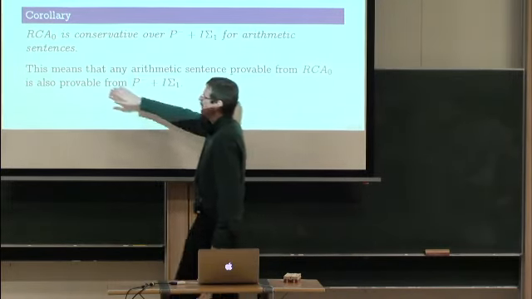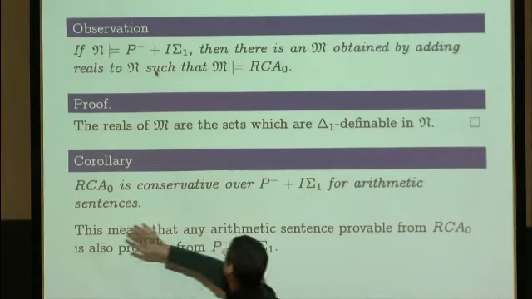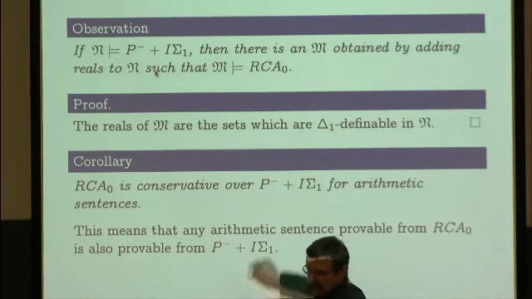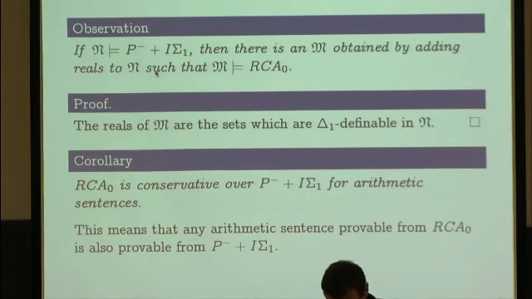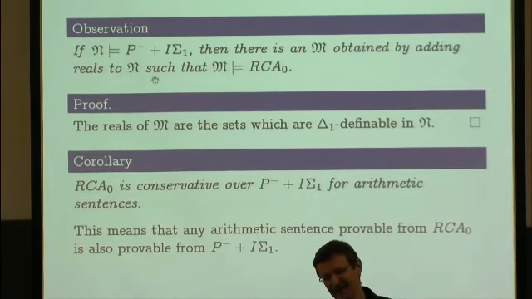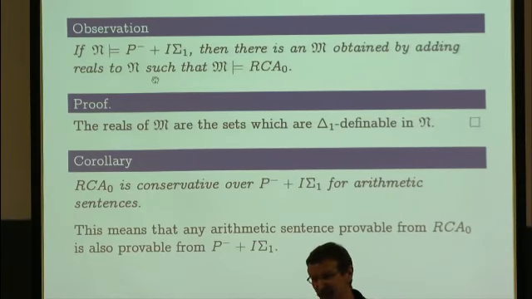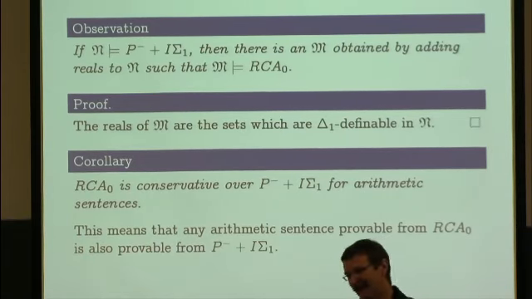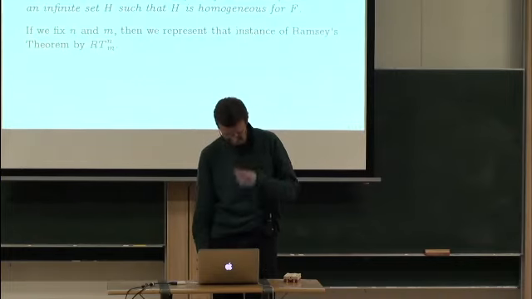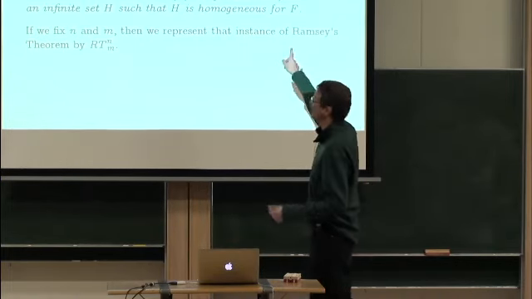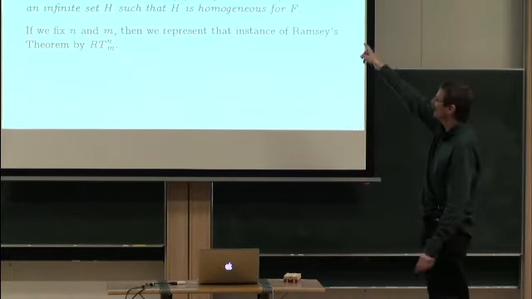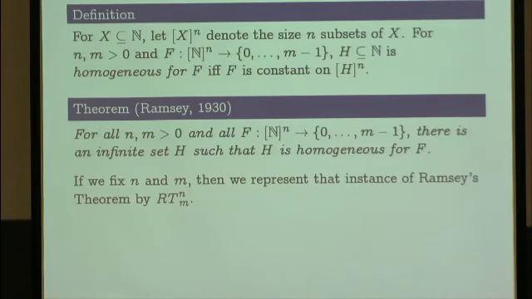You can have a second order theory, right? Doesn't prove any new first order statements. That's not the kind of situation that we're interested in. Right? We want to see when does the infinite apparatus give you more about finite sets. And Ramsey's theorem is such an example. So Ramsey's theorem is like a pigeonhole principle for finite exponents. You take a partition,